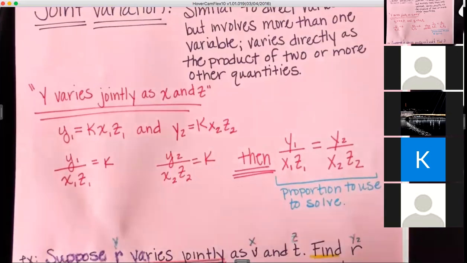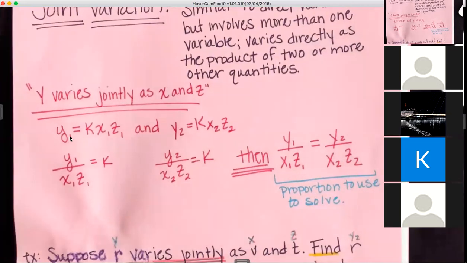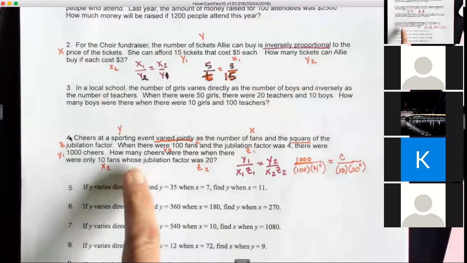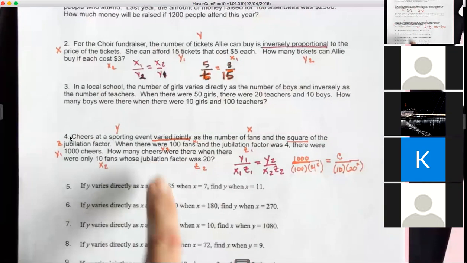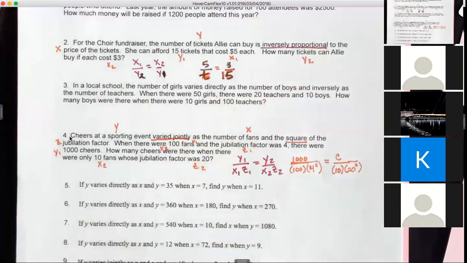I can't share that screen with you, but you'll see that for one situation, they figure out what the constant of variation is. So for instance, in this example with X, Y, and Z, our initial problem, if we would have solved it